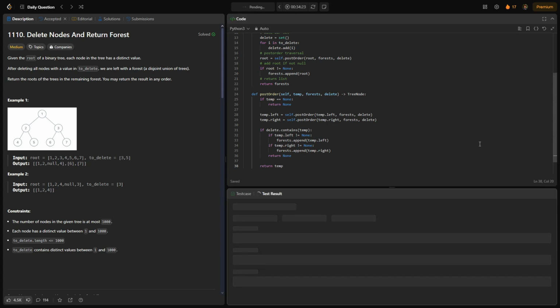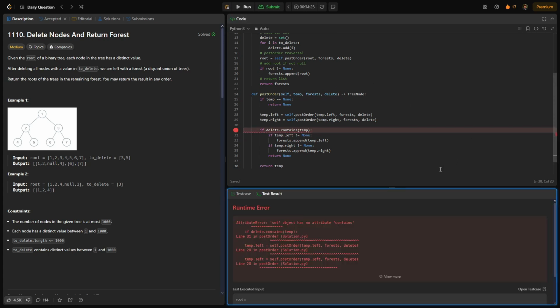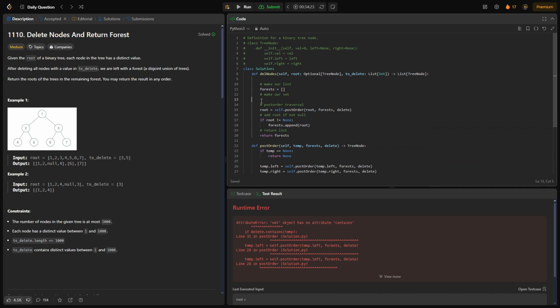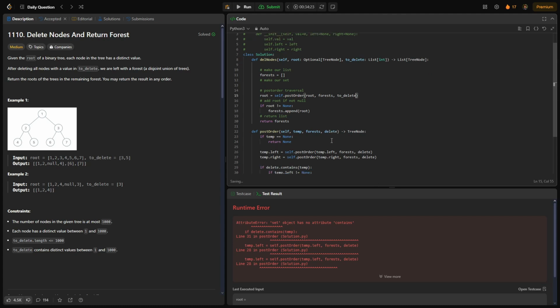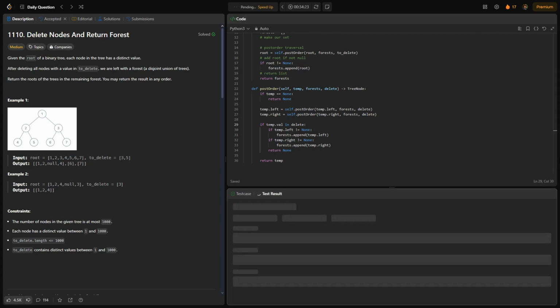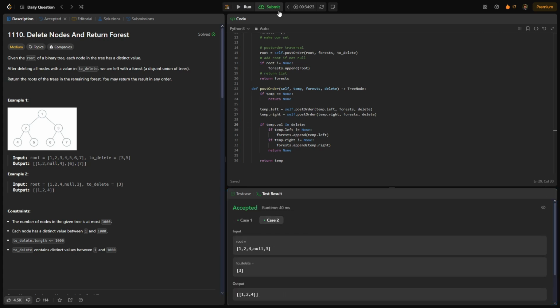So if we run this, actually for Python, we don't even need to make a set, I'm pretty sure. So if we get rid of this, instead we pass our to delete, we could just do, if temp.val in delete, that should work too. Yep, so that passes our test cases